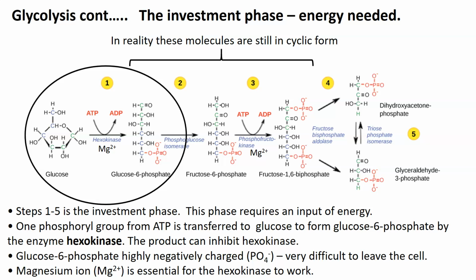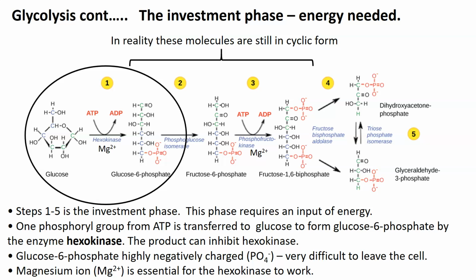Another feature about the addition of a phosphate group is that it makes the glucose very charged, because you've got this highly electronegative phosphate group. And if you remember, charged molecules cannot enter or leave the cell by themselves, not by diffusion. There are special channels for charged molecules to leave and enter the cell. So by adding a phosphate group to the glucose molecule, you're making it highly electronegatively charged, and by doing that, you're trapping the glucose 6-phosphate